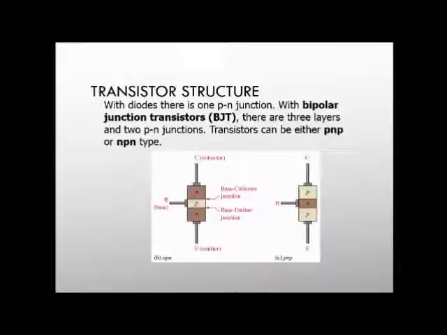Now this picture shows you the structure of the transistor. In case of diodes, we are using just two materials like N and P, but with a bipolar junction transistor there are three layers. This picture shows you how it is, that is collector, base and emitter. This is known as the base and collector junction, and this is the base and emitter junction. In case of diode we had only one junction, but in case of BJT we have two junctions and three layers. That is a three terminal two junction device. It is basically a current control device. It can be NPN or PNP.